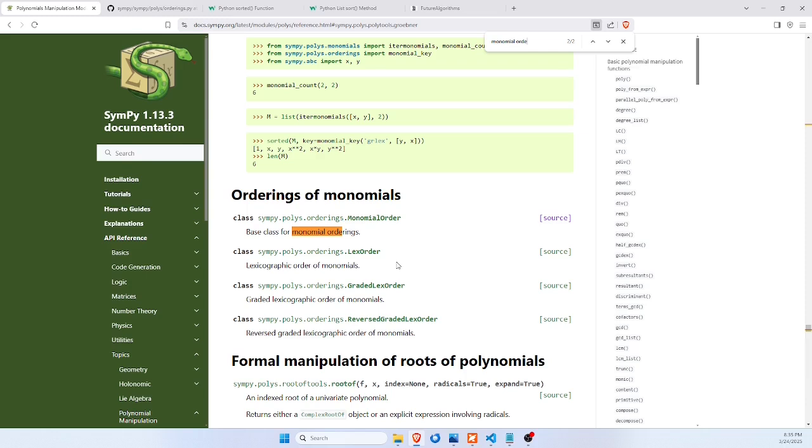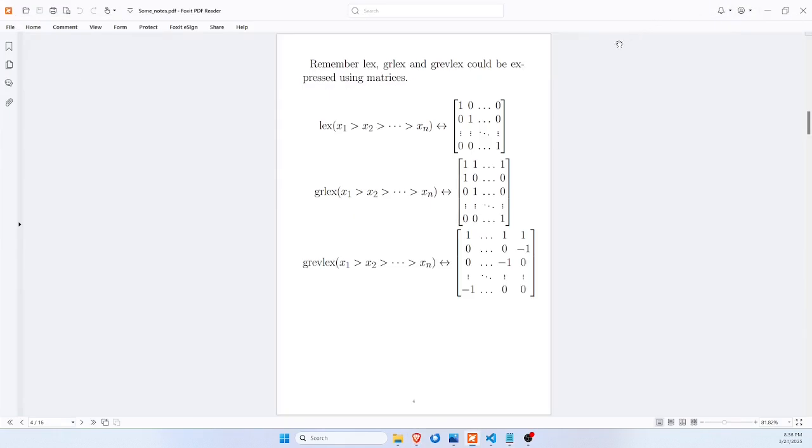And well, before continuing, one thing is the help pages of SymPy Python are usually great, but sometimes it's too much text to write. They may just ignore it, or they may not intend that part of the code to be used by their targeted audience or targeted users. So there is not much you can see about monomial orders here. That's one reason we have this video. But anyway, going back,